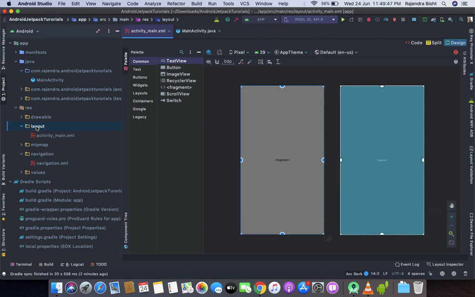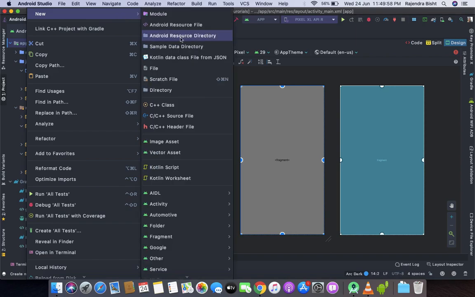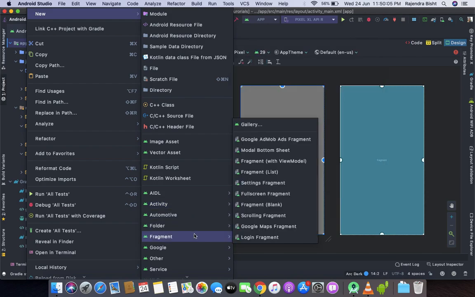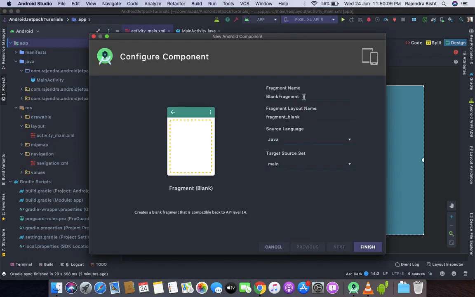Now we will add fragments. Let's create a fragment, let's say fragment 1.